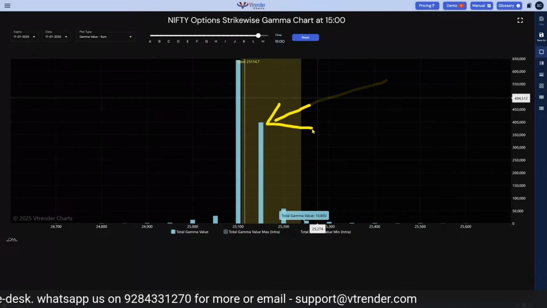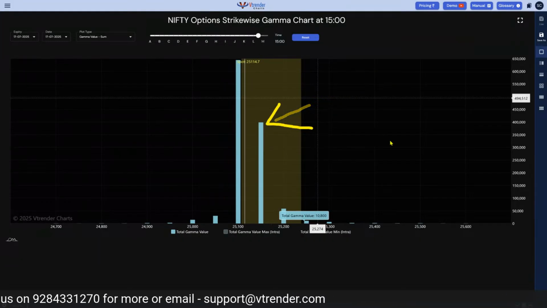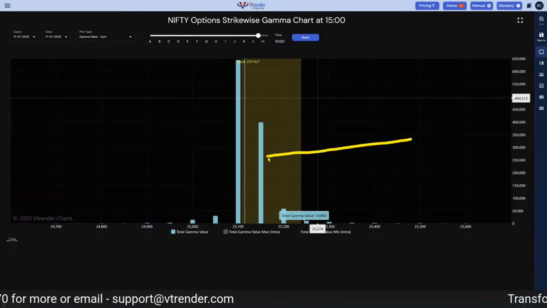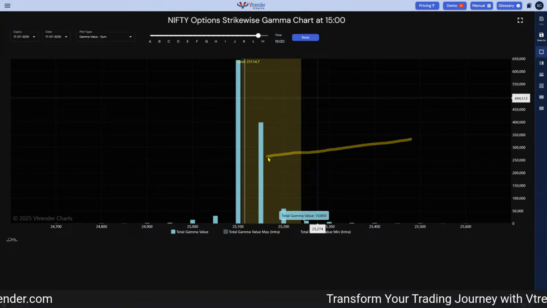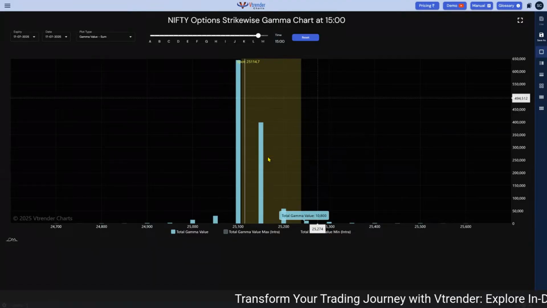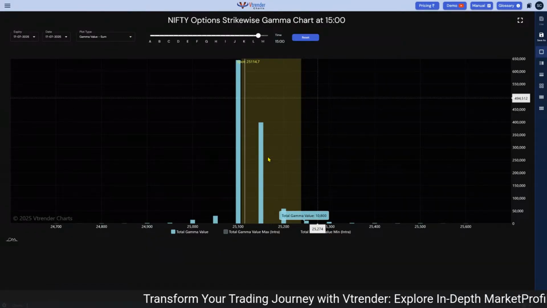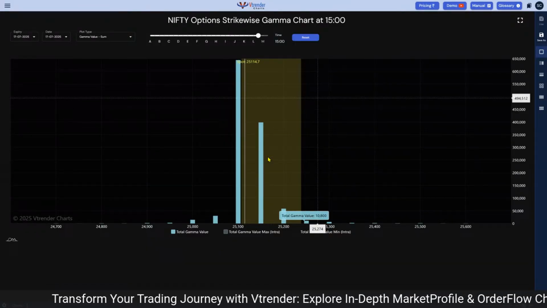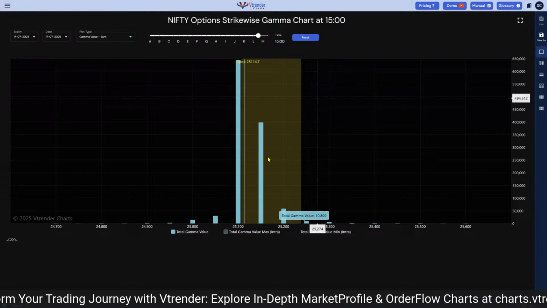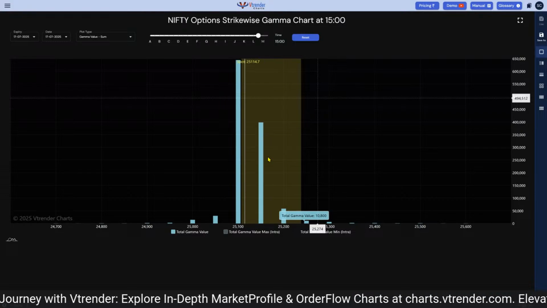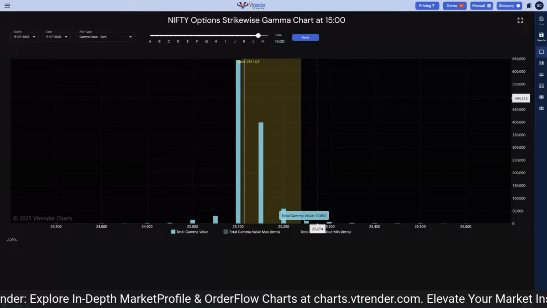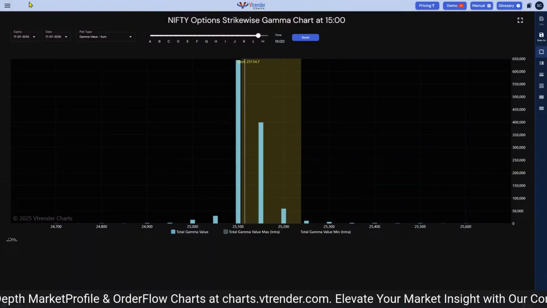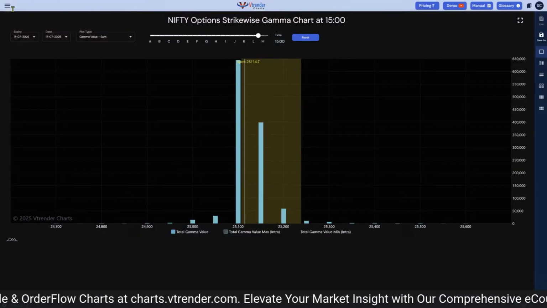Ideally speaking, in an ideal world, it should not shift at all, because the gamma zero is where the market is expected to close. But data keeps changing in the market, new information keeps coming in, and some traders close positions. Some traders who are profitable in that straddle, like this 25,100, 25,200 straddle, we were into this 25,200 straddle